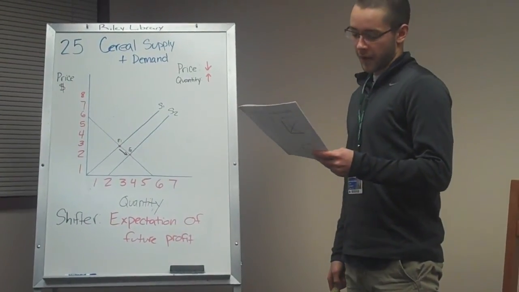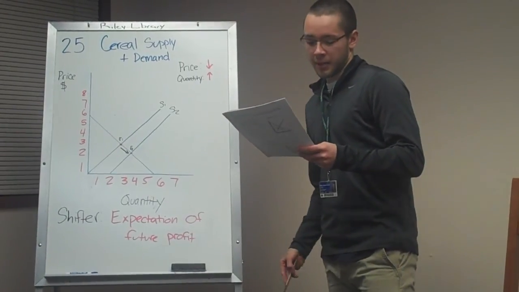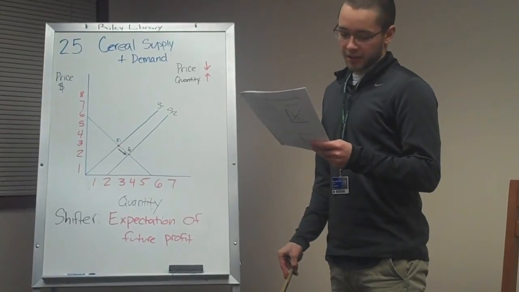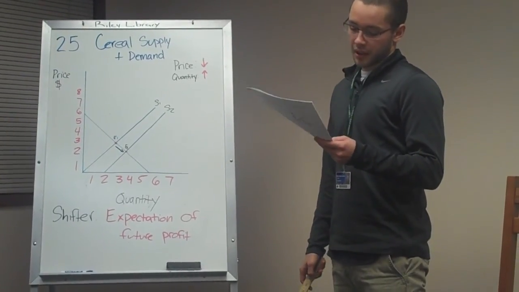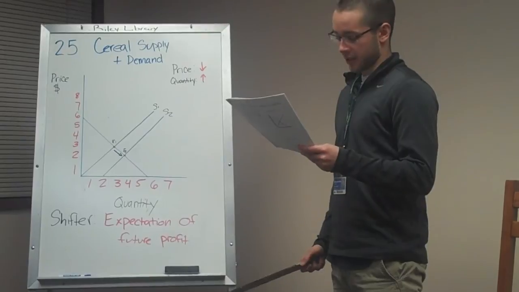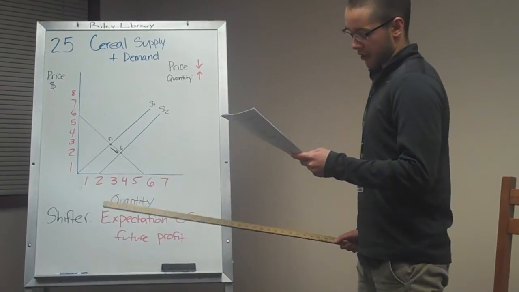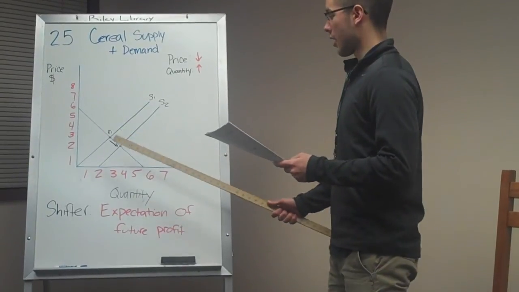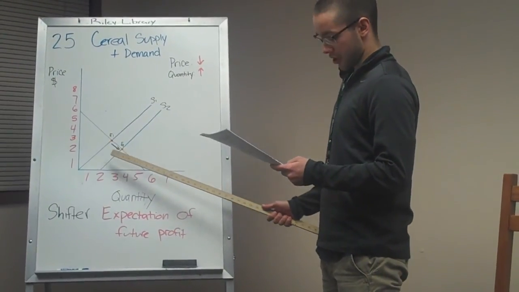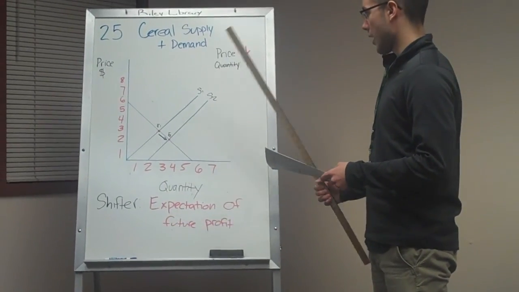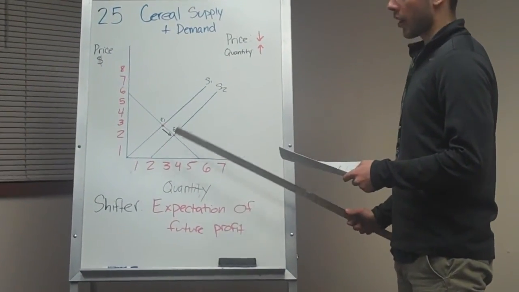All right, for number 25, producers hear that the economy is headed towards a recession. They expect that people will not be willing to buy as much cereal once a recession hits. So then the company supply will increase now, because once a recession hits, people will buy less. So since it's going to increase, it shifts this way. The shifter is the expectation of future profit, and the price is going to go down, but the quantity demanded is going to